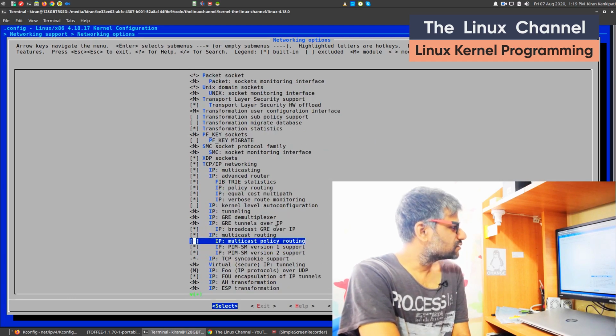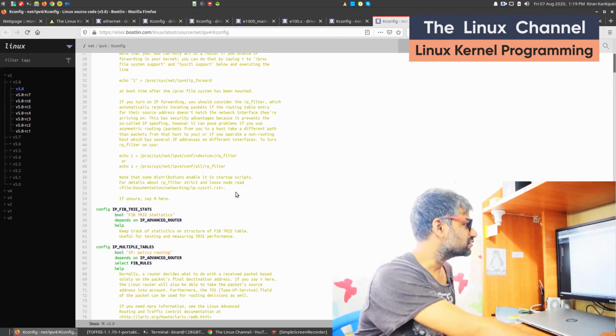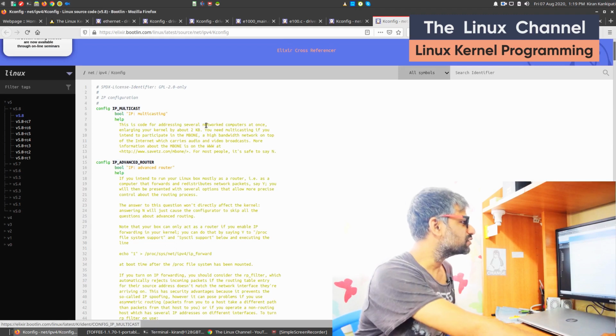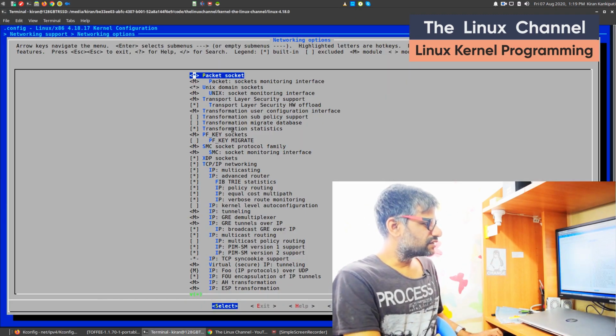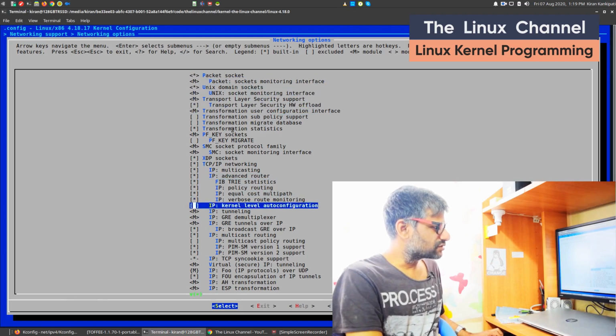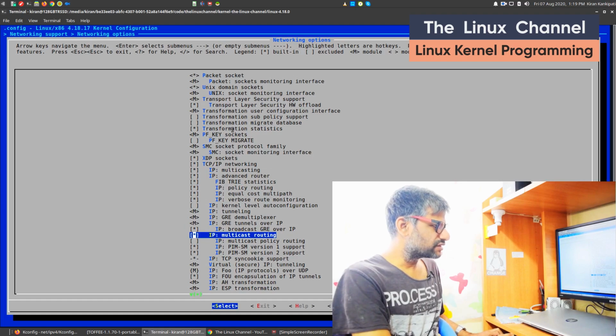Yes, so some of them are coming from there. It is quite easy actually. How you can check is, for instance, we have this IP multicast. We need to find where that IP multicast is. You can see there IP multicast routing or something, maybe not. So what you do is you go to search